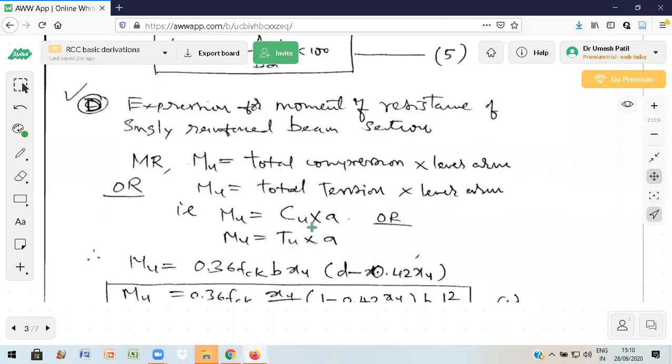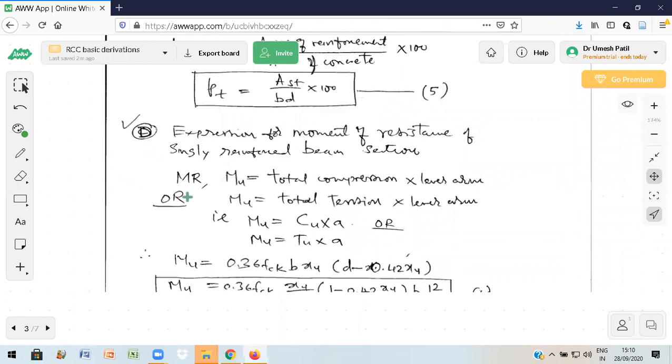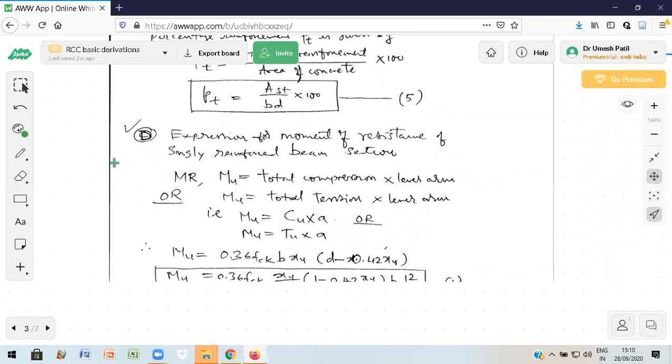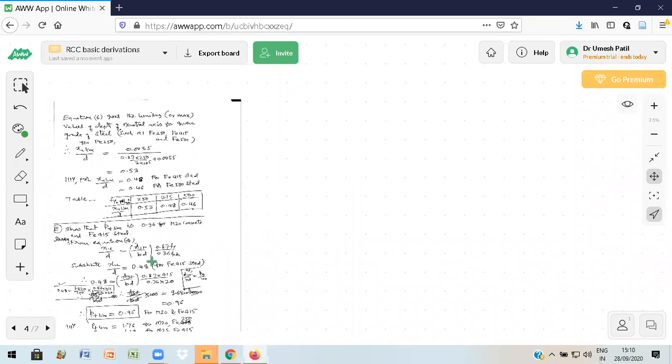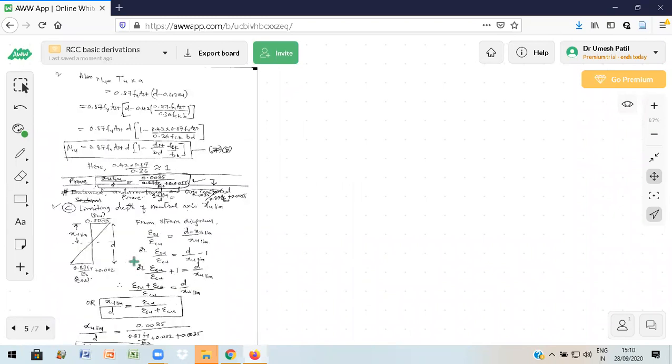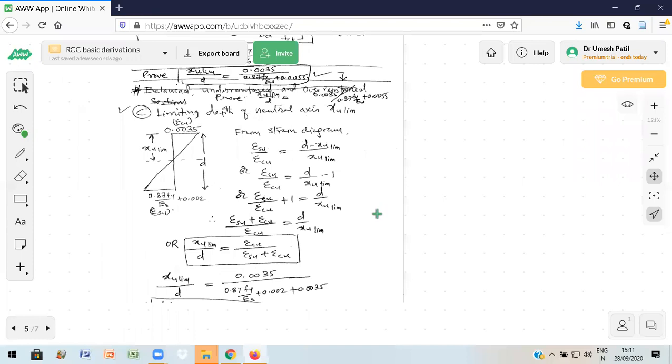Next one. This is D. Actually, after B I have written this as D. I have to see C now. After C only I'll come back to this. C is here, in that way only you should write. I will send these notes. In your notes you make this change. C is somewhere, D appeared first actually, but you have to understand like that. You must write A, B, C. B is over C.